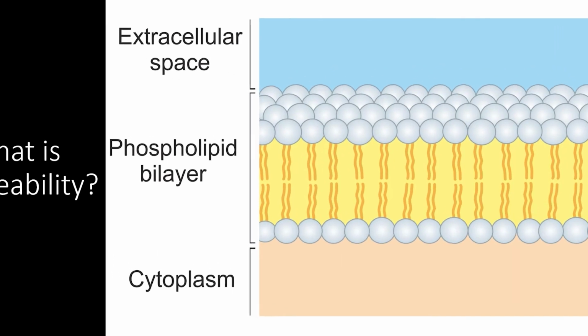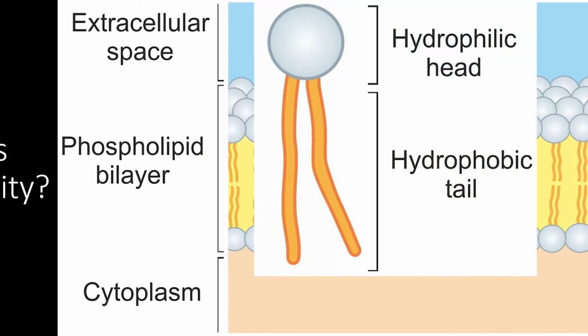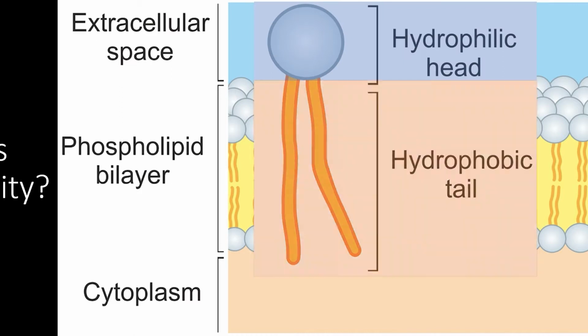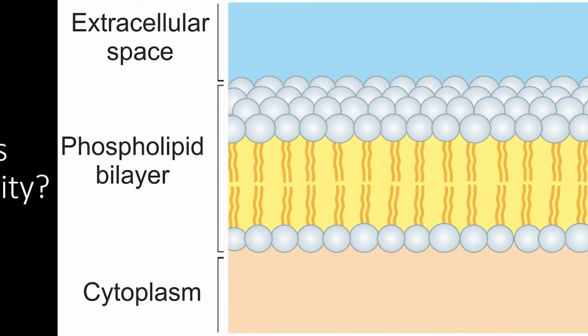The lipid bilayer is made up of phospholipid molecules, each of which has a hydrophilic head that is attracted to water and a hydrophobic tail that is attracted to other nonpolar molecules. The heads group together and the tails group together to create the lipid bilayer. On either side of the membrane is a layer of hydrophilic heads, while the middle of the lipid bilayer is